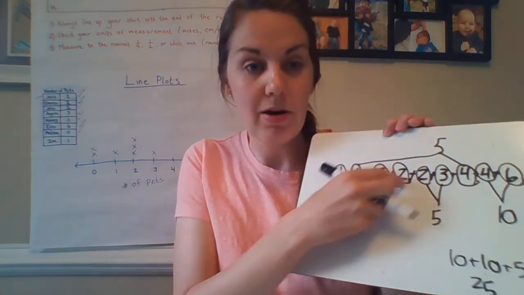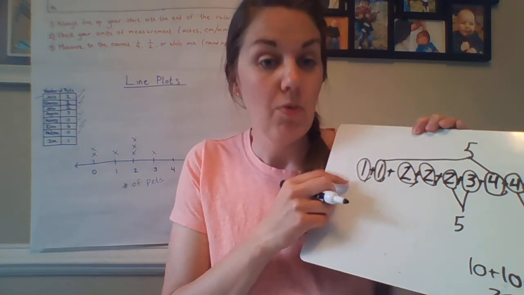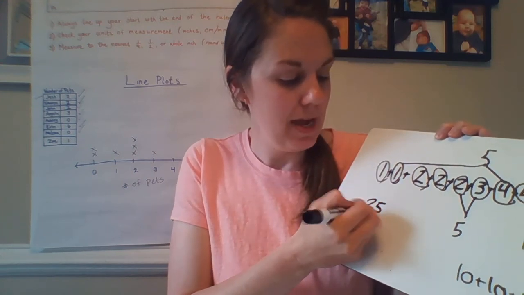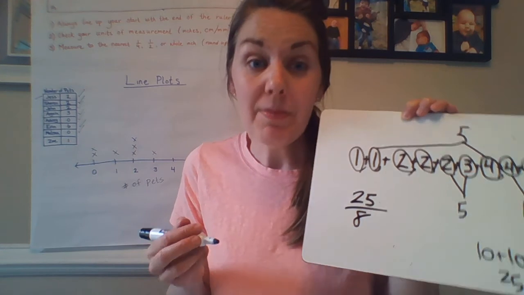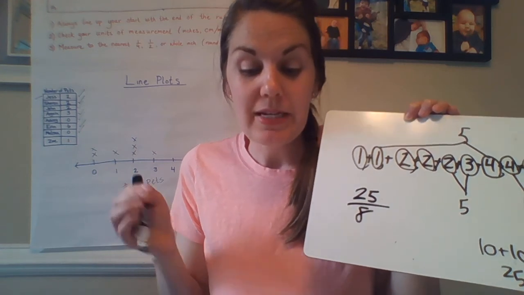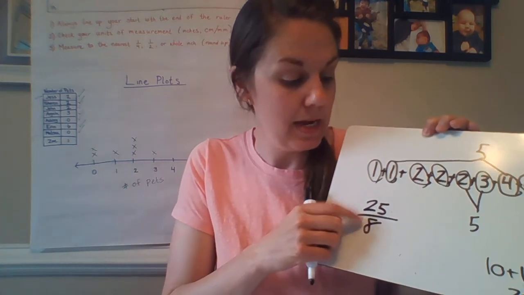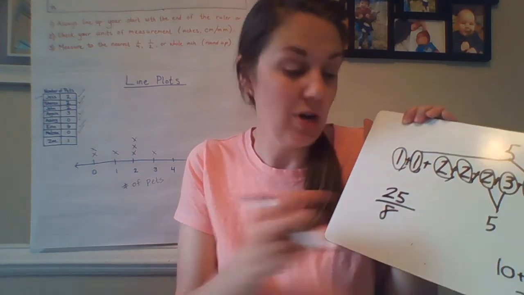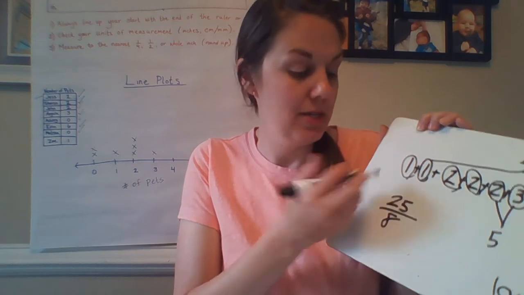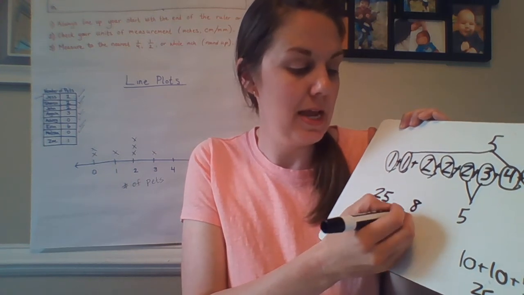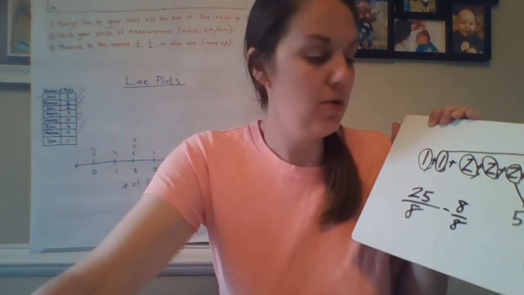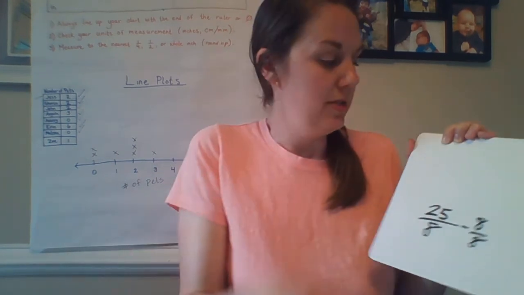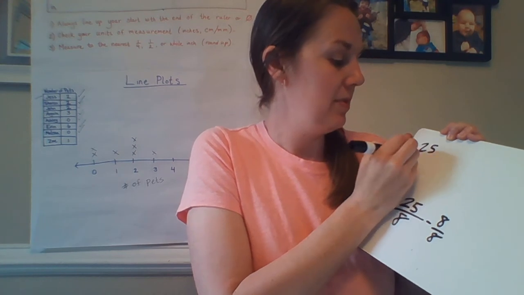Because we were taking our numerators, 1/8 plus 1/8 plus 2/8 plus 2/8. So I would have 25 eighths total. Now, that's an improper fraction, so I would want to see how many times I could put 8 into 25. So I would keep subtracting 8 from 25, because remember, it's really like subtracting 8 eighths. So I'm going to go ahead and erase the rest of this. So 25, take away 8,